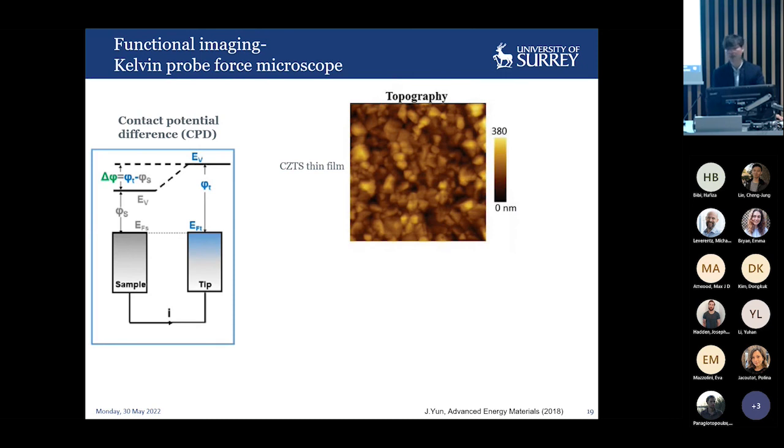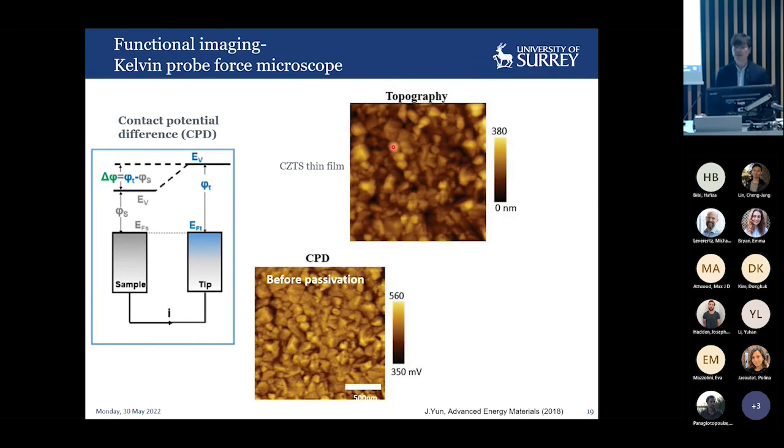the Kelvin probe force microscopy, where you actually see differences in work function between the sample and the tip. So you can see from this diagram here. You have a certain work function of the tip and a certain work function of the sample, and the difference is called contact potential difference, which you can map at the nanoscale. So that's a CZTS thin film topography. You can see many grains with different sizes, many different features, and this is the CPD mapping of this topography. Actually, they can be obtained simultaneously, so you can map topography and CPD at the same spot